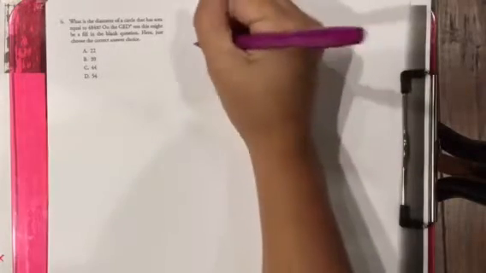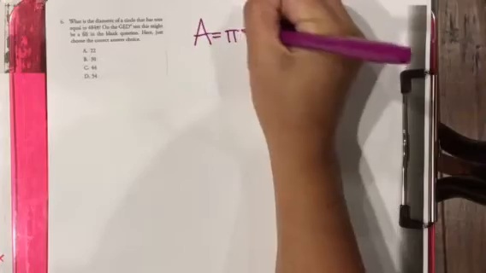Number 6, what is the diameter of a circle that has an area equal to 484 pi? So we're just going to choose the correct answer choice here, but you may have a fill-in-the-blank option on the GED test. So to begin, we need to write the area formula for area of a circle, which is A